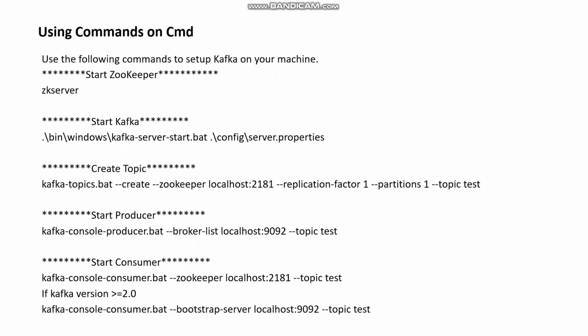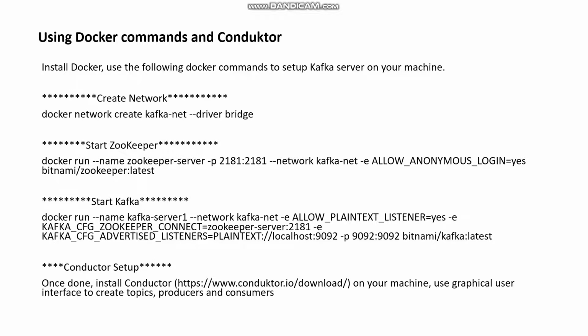These are simple. For using Conduktor and the Docker commands, I actually don't have Conduktor installed on my system as of now, but I would definitely show you in my next video on the same, but the steps would be similar, right? You have these Docker commands. Firstly, make sure you have Docker installed on your system. So let's cover it in the next video.